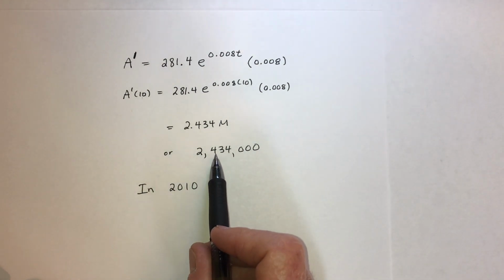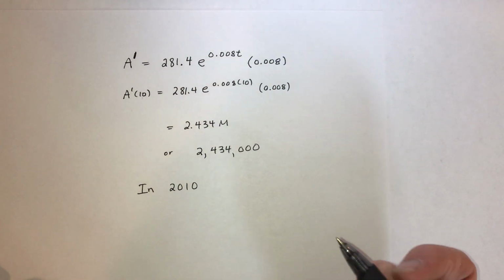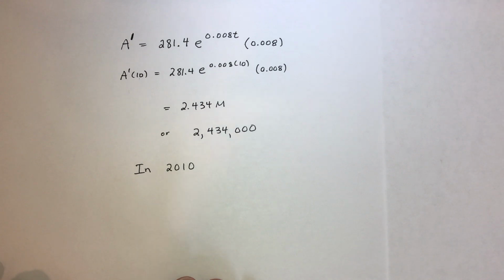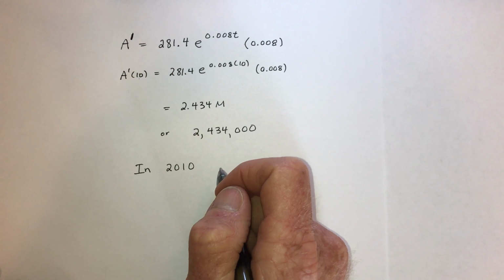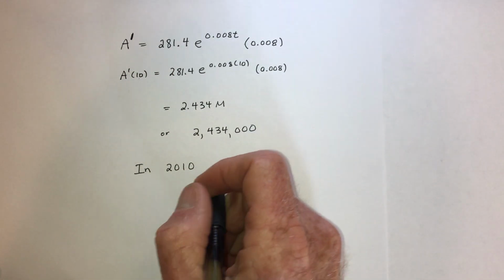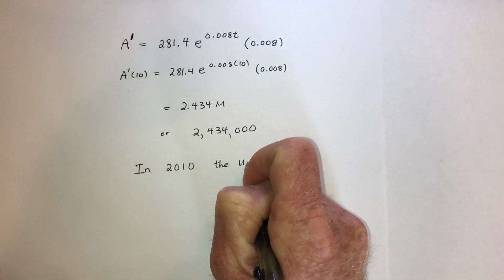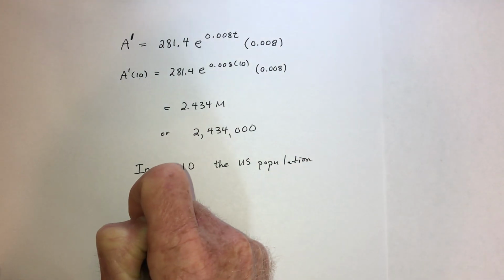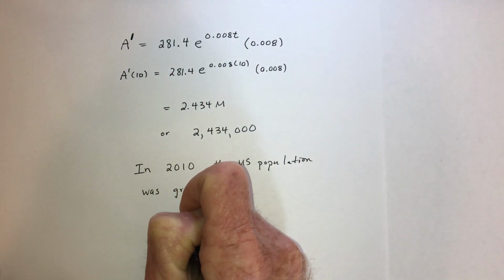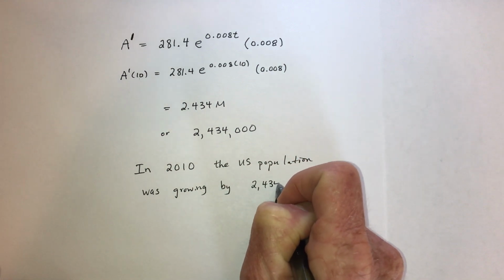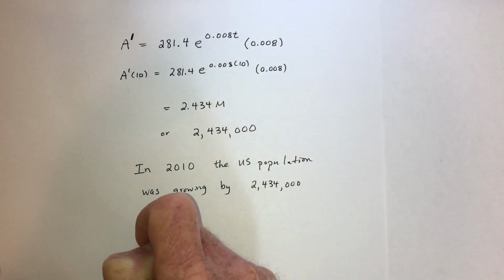In other words, there was about 2.5 million new people, whether they were born or immigrated, or how else? Oh, they could apparate. Anyway, there's new people that came to the United States in 2010. In 2010, the US population was growing by 2,434,000 people